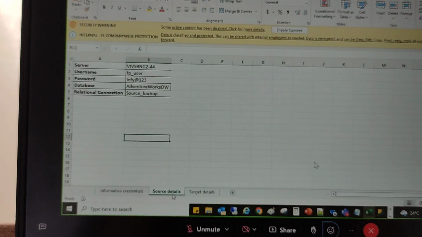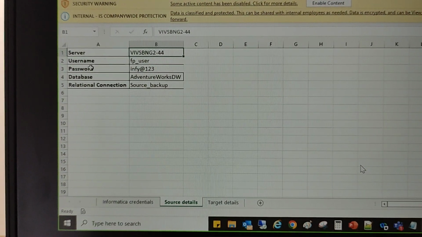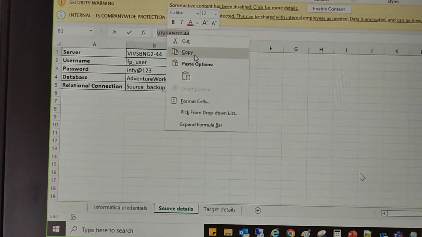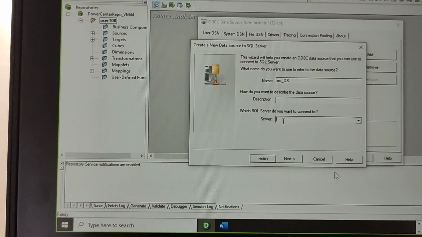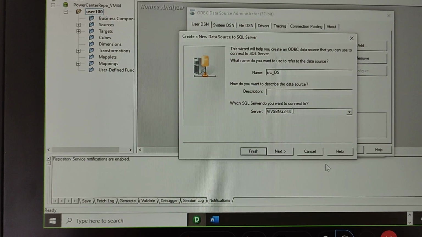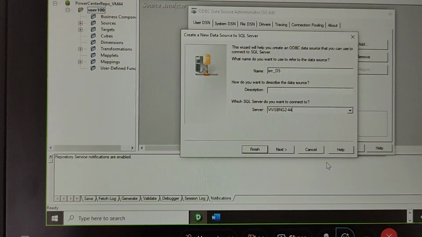Second sheet. That is how we connected in SSMS also. So this is the source server name, second sheet in the Excel. Enter that here. Type it. Don't click on that drop down. You have to type it or copy paste. Do it. Note down till here.